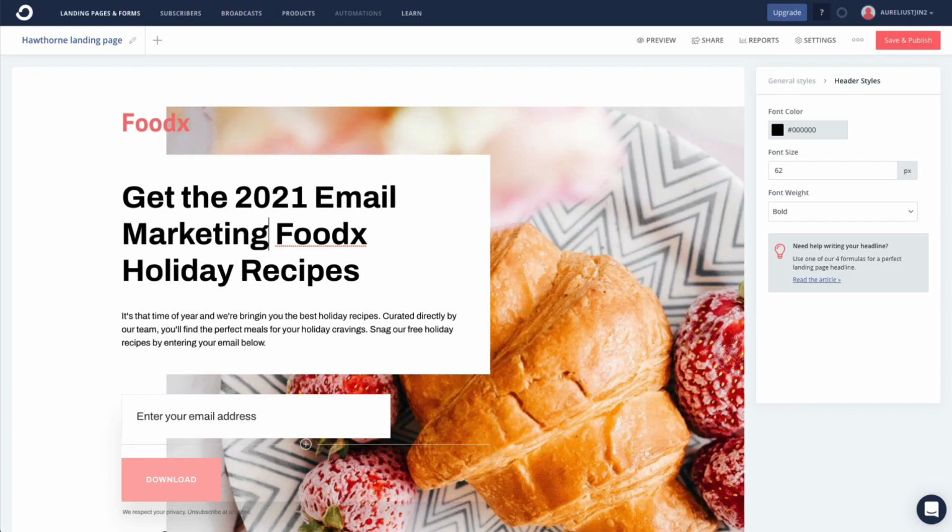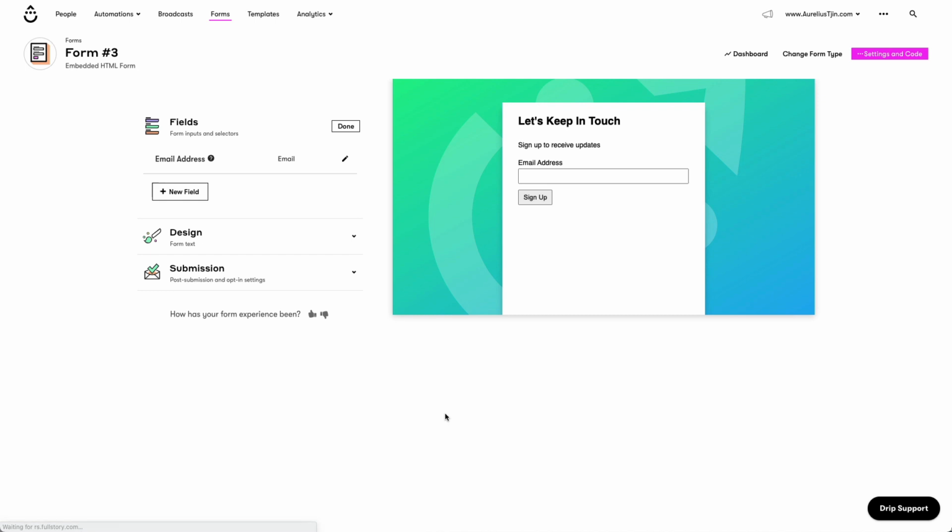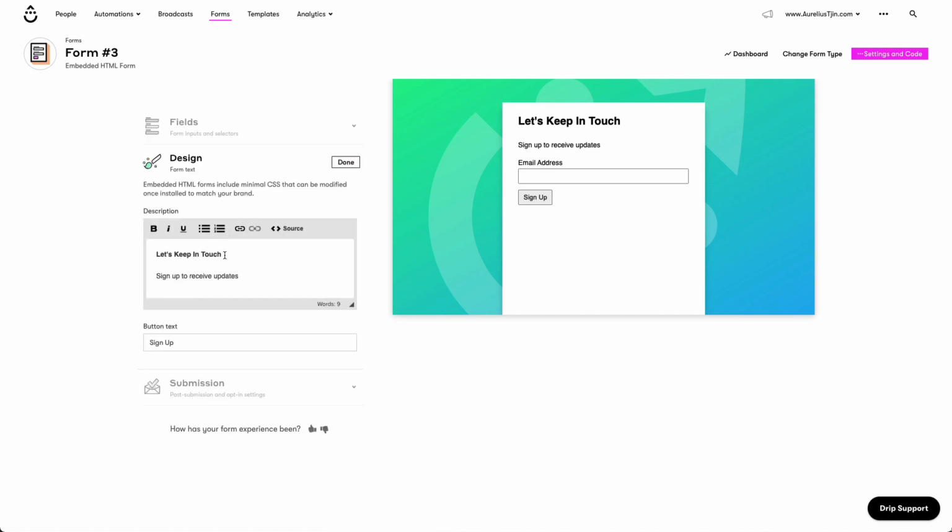Now, once you have created your lead magnet, it's time to create your landing page. Your landing page is where your potential subscriber or visitor lands so that they can opt in to receive your lead magnet. There are 3 ways on how you can build your landing page. Number 1 is to use the built-in landing page builder that your email marketing platform provides already. So if you're using ConvertKit, they already have a landing page builder. Drip also has one, but it's pretty basic. So use that if you want to save on the costs.